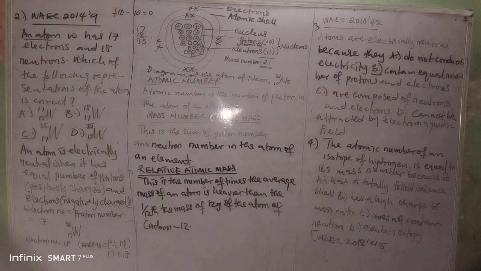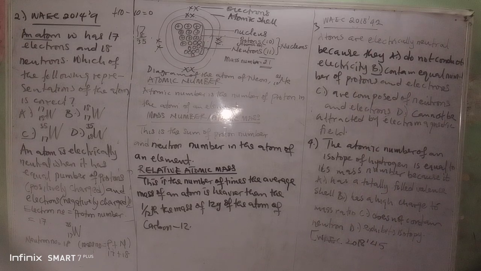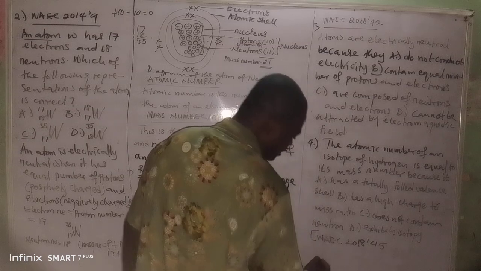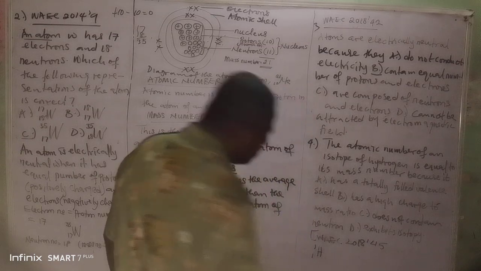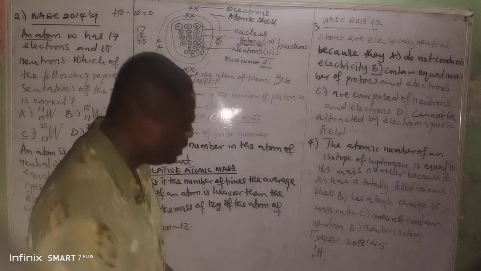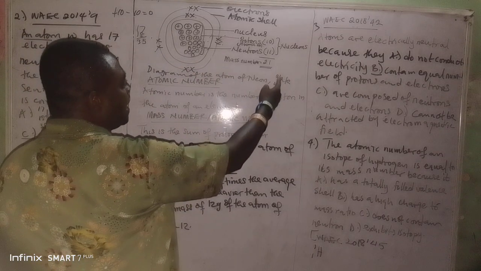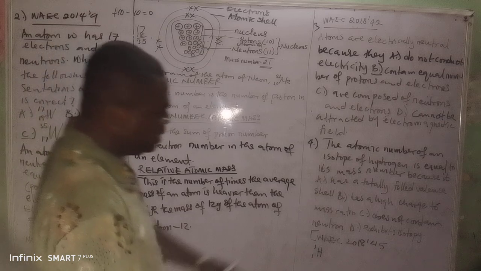This question is saying that the atomic number of an isotope of hydrogen is equal to its mass number. That isotope of hydrogen is H-1-1. I made mention of it the other time. I said that there's an isotope of hydrogen that does not have neutron. That is why neutron is not a fundamental particle, because it's not found in all matter. Because for this particular isotope, the mass number is equal to the proton number. Unlike neon here, the mass number is almost twice the proton number, but here the mass number is